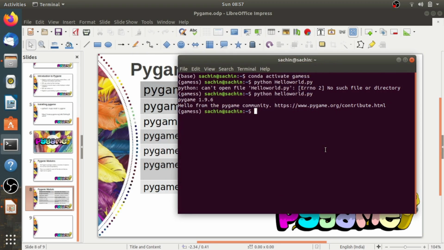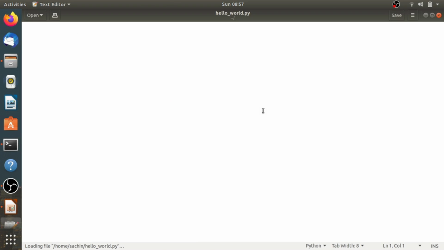So open your terminal and first activate the virtual environment. I have already made one in the previous video. So conda activate games, and now I am opening an editor for writing a program.